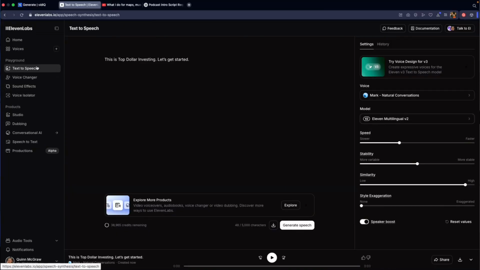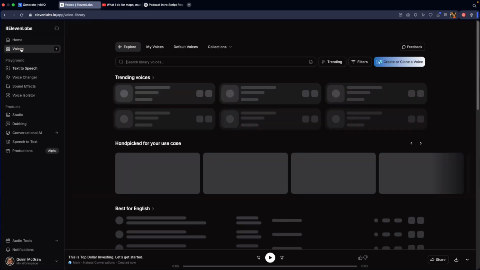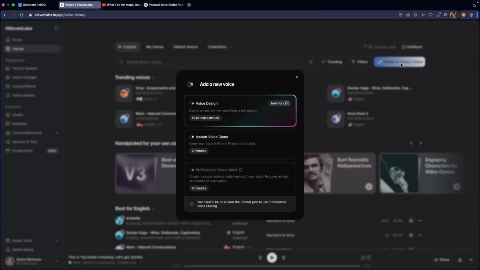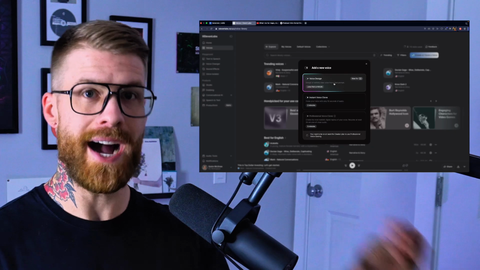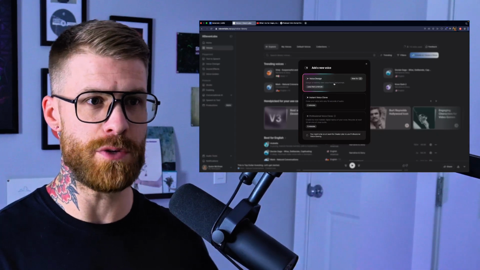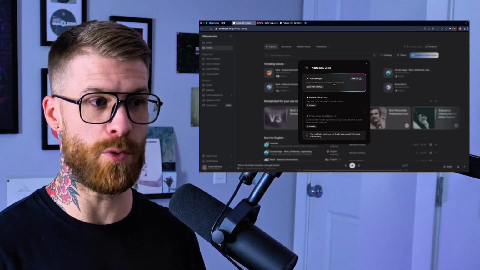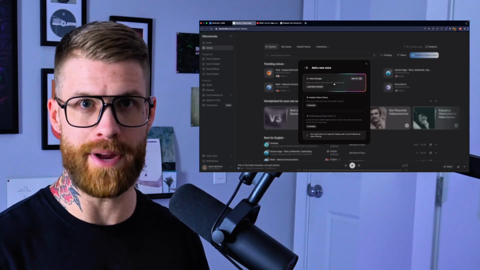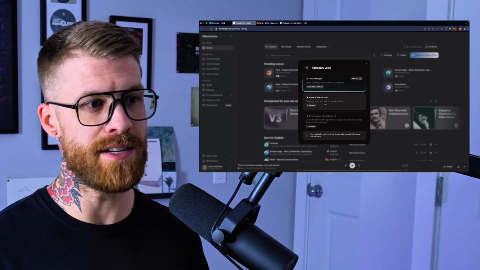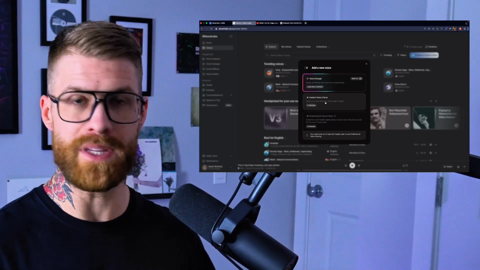So inside of here, what you're going to want to do is pop over to Voices. So I hit create and clone a voice, and then you have 3 options here. So you can design a voice, which means instead of just using the pre-made ones and tweaking them to your liking, you can actually write what type of voice you want it to sound like, and it will generate a bot for you. You can use the instant voice clone, which is going to be giving it a few minutes